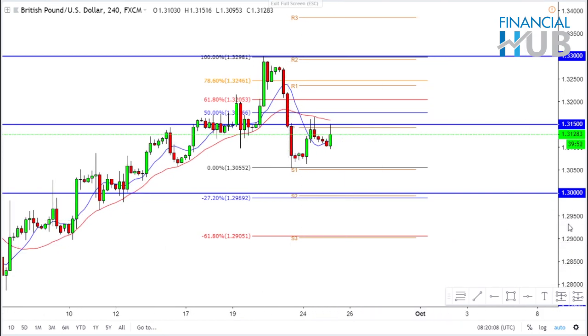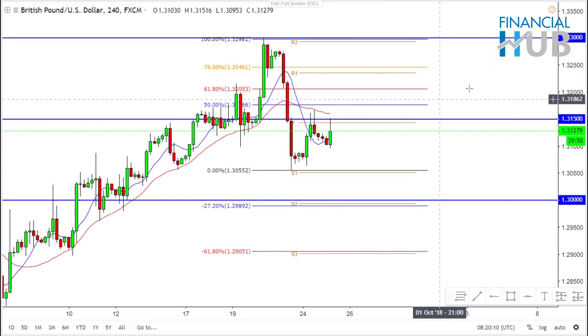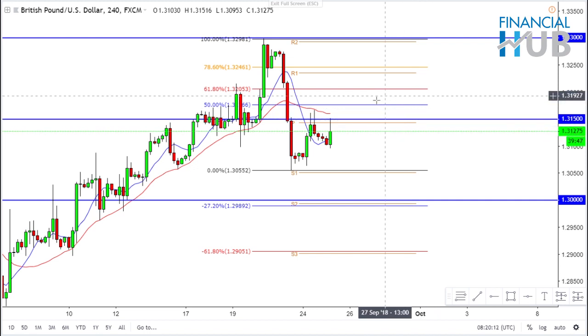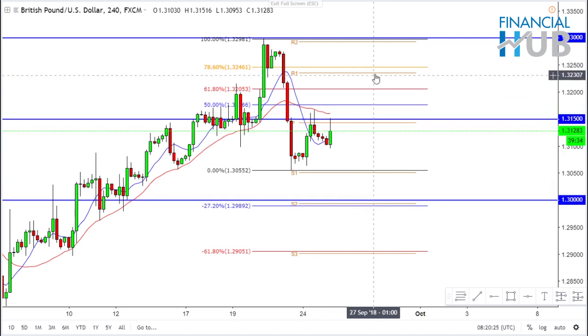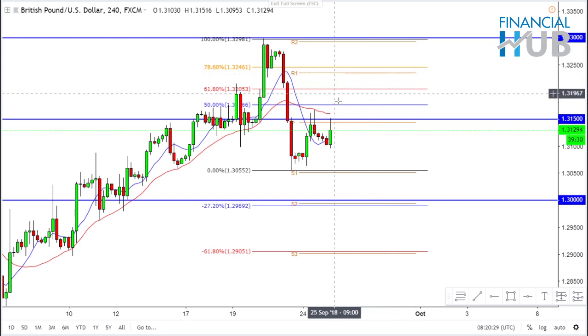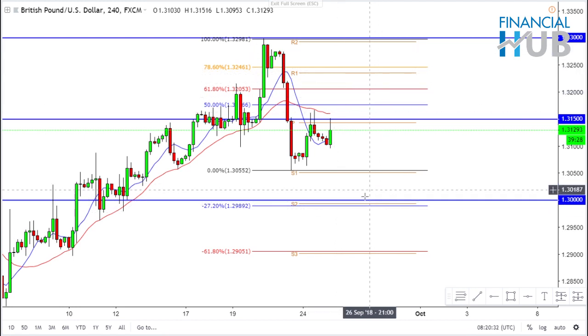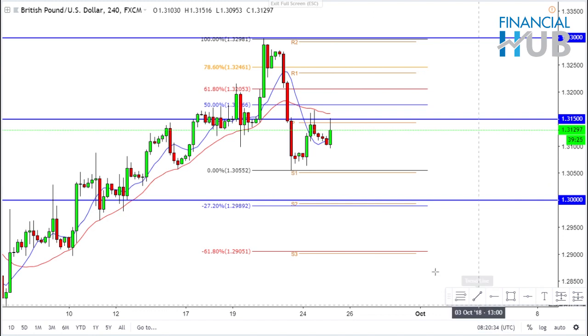Is this Fibonacci that you can use? You can use this Fibonacci to try and get a good entry level into the markets. But as you can see, the markets have not clearly rejected the 50% level, but are rejecting the 1.315 region, which is also in confluence with the pivot points. S2, which is in the 1.3 region, is also in confluence with the 27.2 extension. So you can maybe see a pop up to this level before going down to this level,